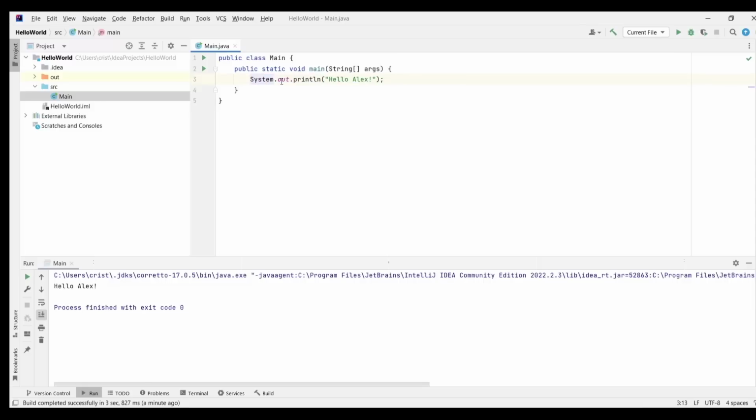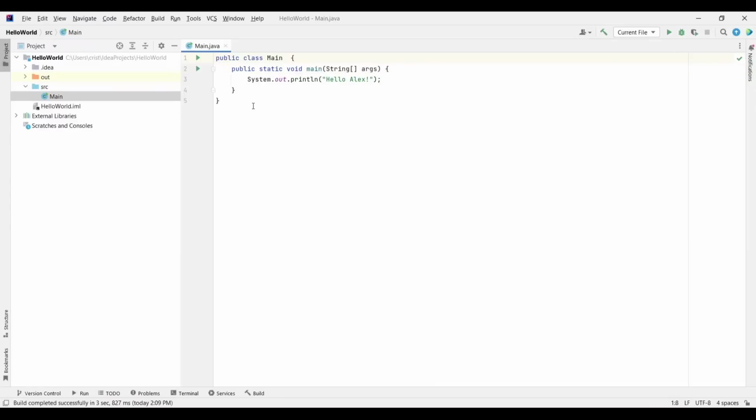You type System.out.println, parentheses. Inside the parentheses you put a pair of double quotation marks and the text that you want to be output, and it's going to output that in the console. And in future videos, because as you can see we have this public static void main, we have these strings, we have those square brackets, we're going to see what all of those are in the next videos. But for now, we created our first program, we output Hello World in the console, and everything worked fine. So now I'm going to end the video and see you in the next video.